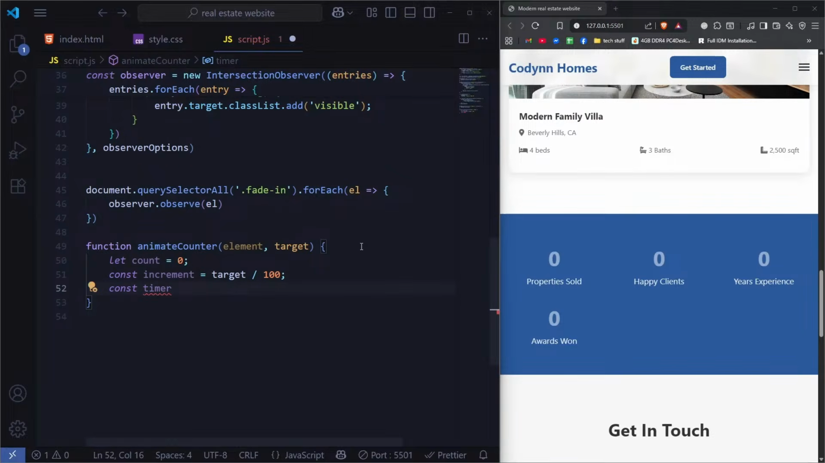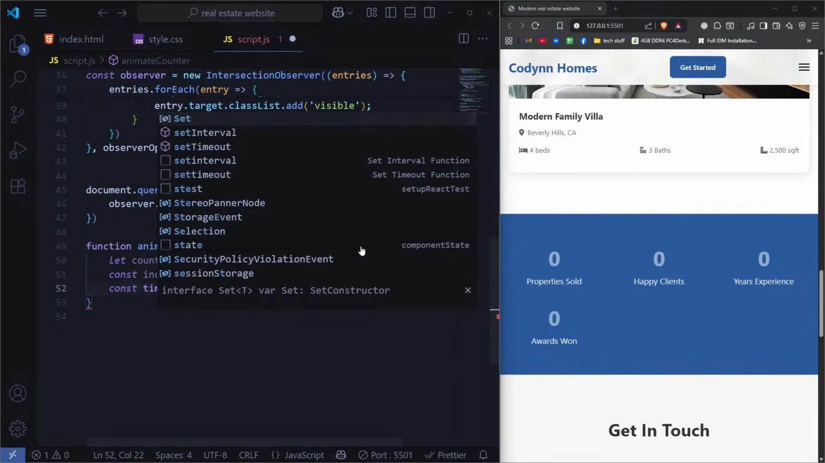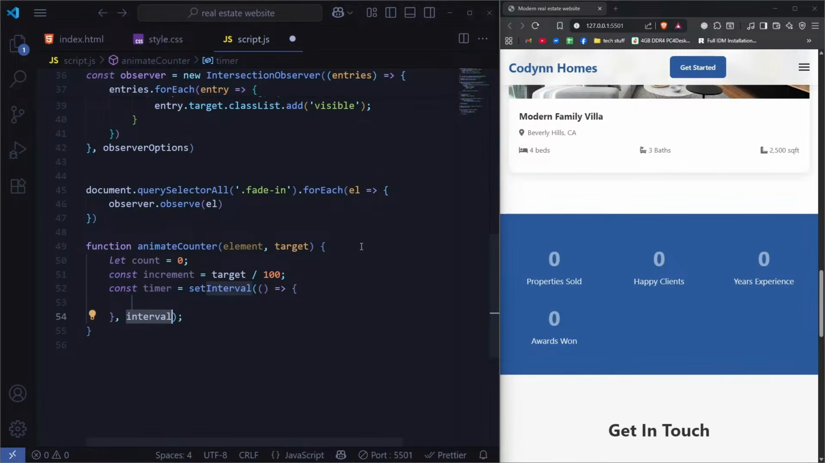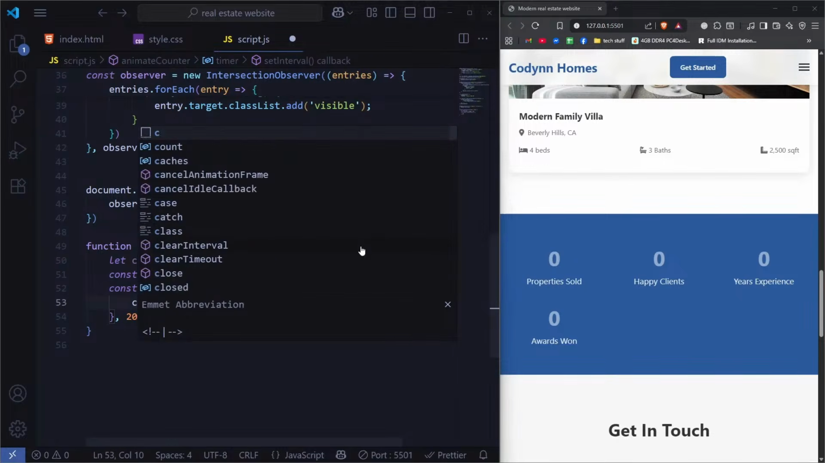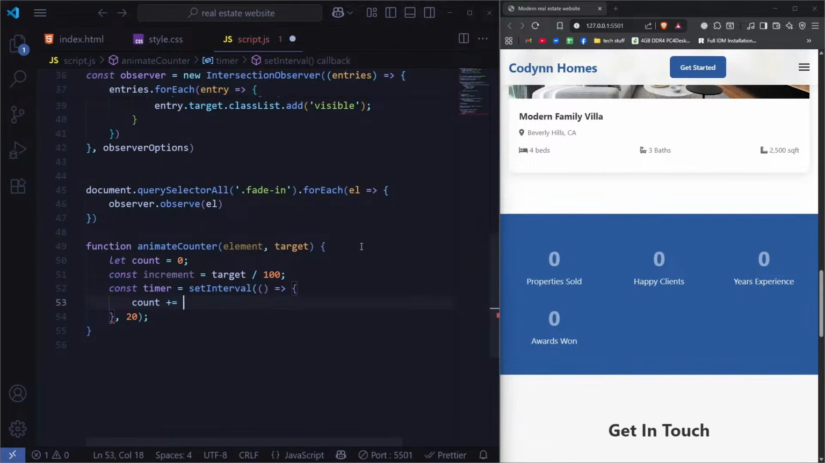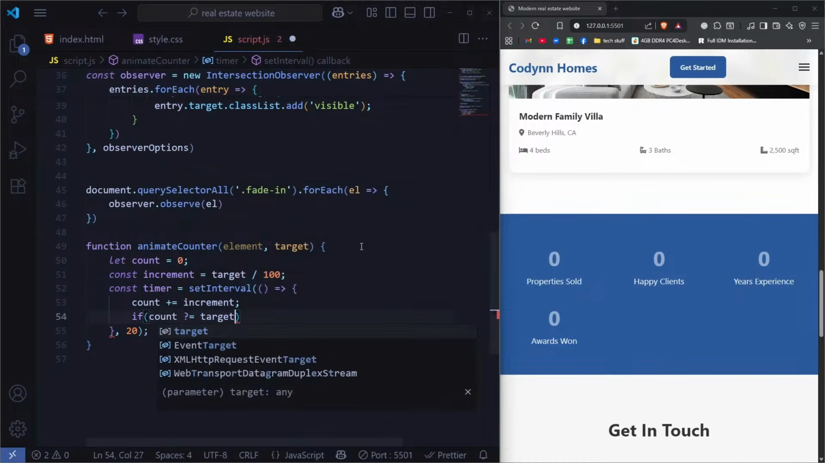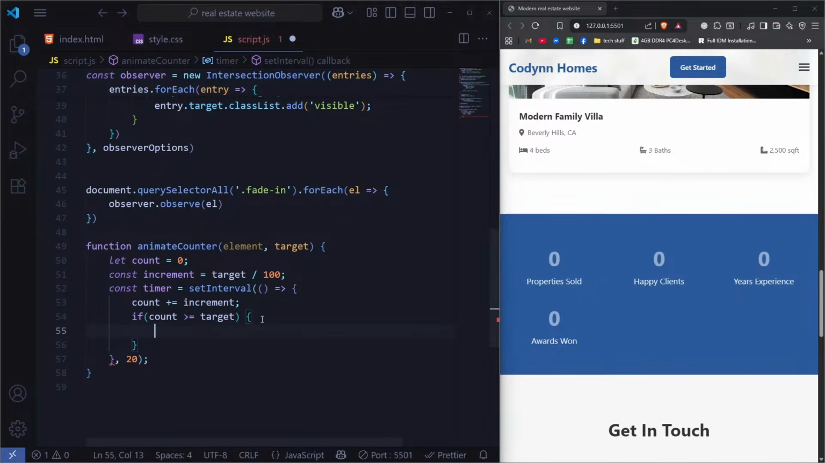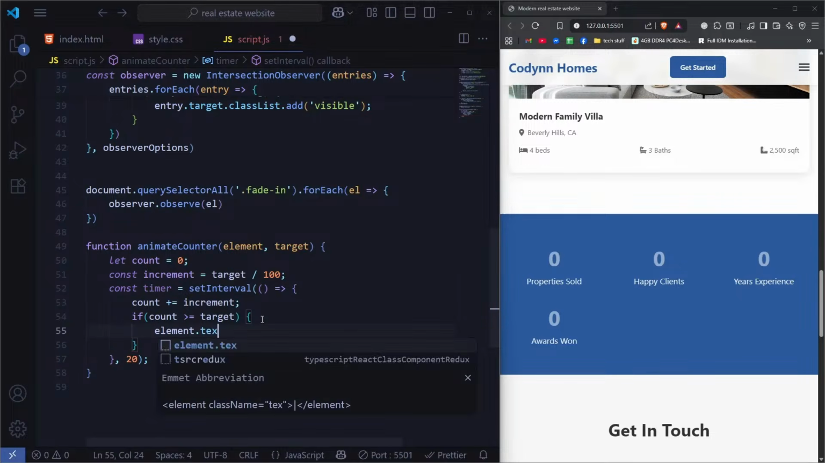I'm going to use the timer, and I'm going to set an interval. The interval will be 20 milliseconds, so it's really fast. And I'm going to do count, I'm going to add the increment, right? And I'm also going to say, if count is greater than or equal to the target, then do element dot text content